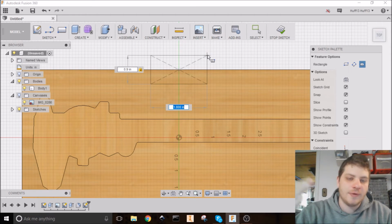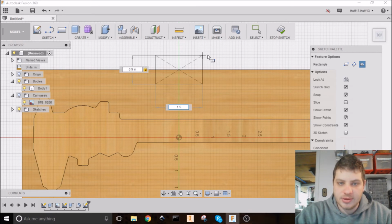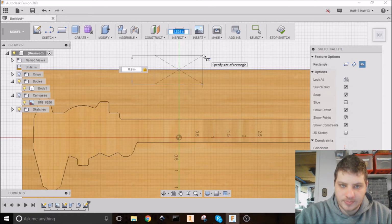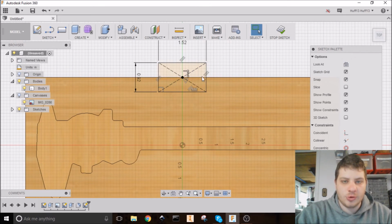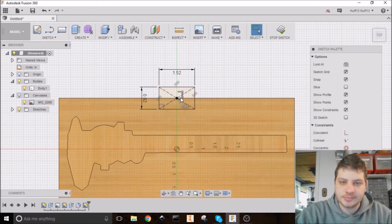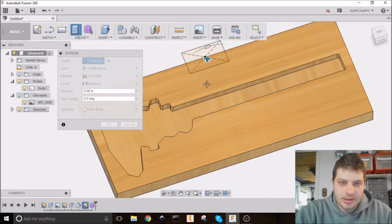So that 0.45 of it is on the wood. And then the width was 1.5. Let's make that a little bit wider. Let's do 1.52. And then on this here, let's do 0.92. We care a little bit less about that since there's more wiggle room this way than there will be this way. Now that I have my rectangle here, I'm going to hit E for extrude, click on that profile,